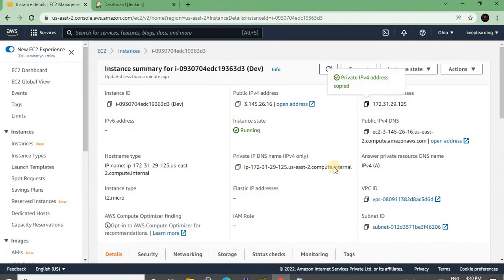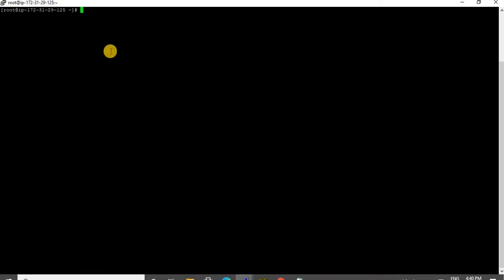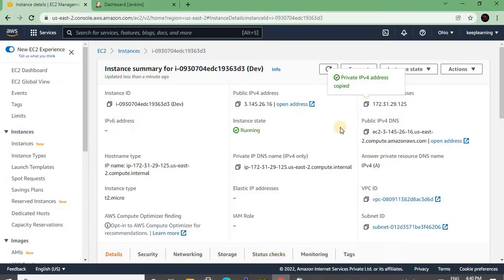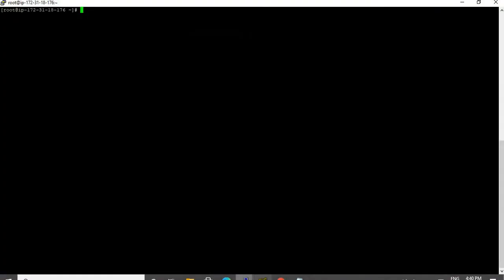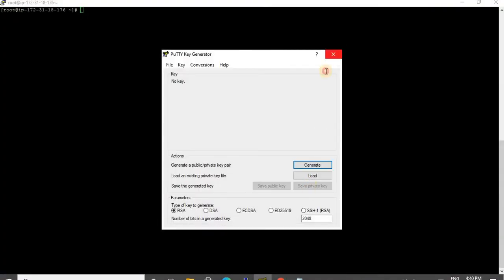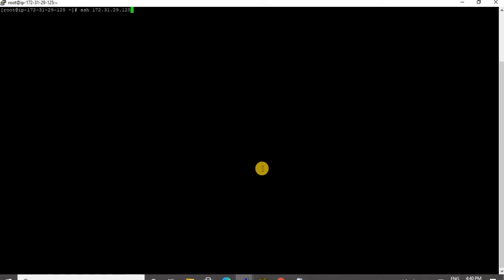As we are connecting internally, I am just using the private IP. This 125 is the machine which is the master machine. I'm just trying to connect to the slave machine. Oh sorry, what's wrong? Okay, what happened here? I copied the IP of the master. So let me try to connect from the slave. See, you have a permission denied issue. Okay, so let me do the same from master to slave.